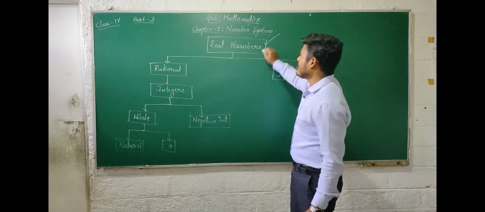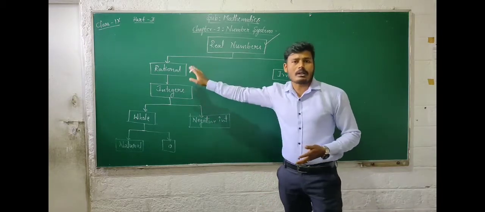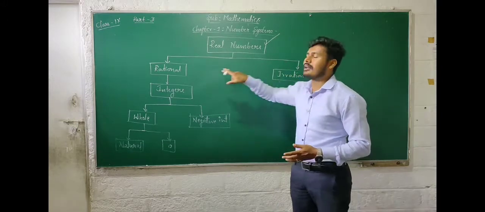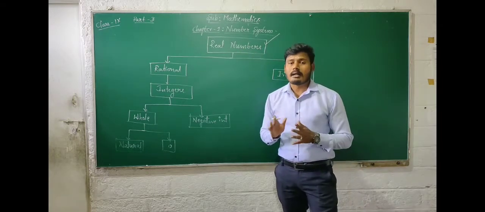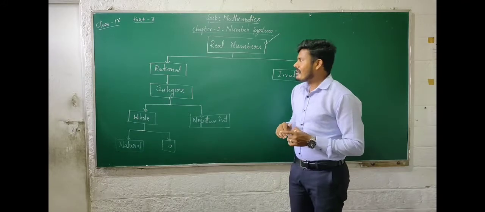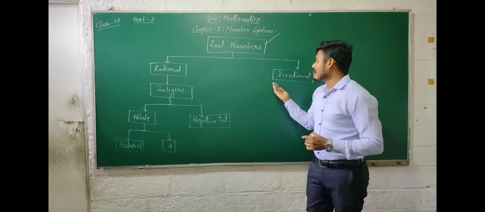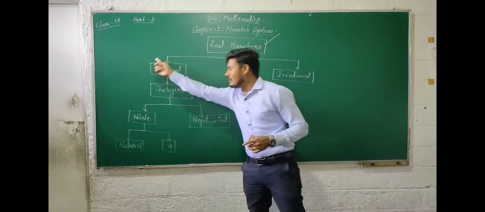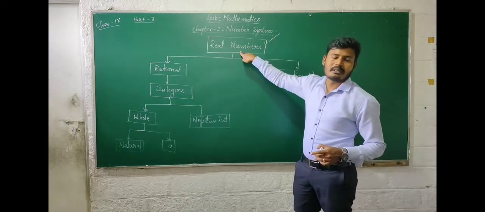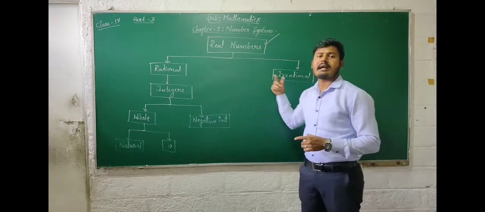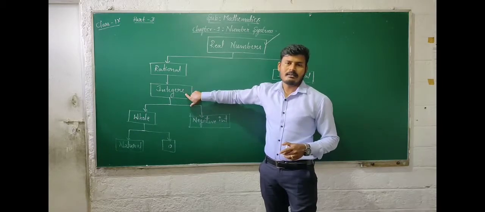So first of all, coming to real numbers, we know that real numbers are the collection of both rational and irrational numbers, together called real numbers. So these are all real numbers. So coming to irrational numbers, they are a different part when compared to these numbers, because these examples do not belong to these kinds of numbers, but these examples also belong to real numbers, because real numbers include both rational and irrational. Then coming to rational numbers, they include integers.